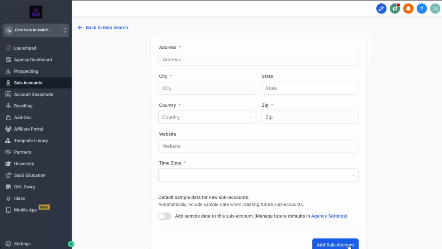Once you've double-checked all the details and everything looks correct, scroll down and click on Add Sub-Account. GoHighLevel will create the new client workspace using the snapshot you selected. After a moment, your new sub-account will be ready, and you can jump in to customize it, connect